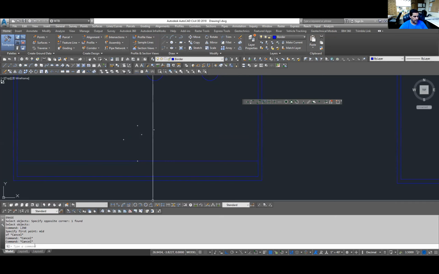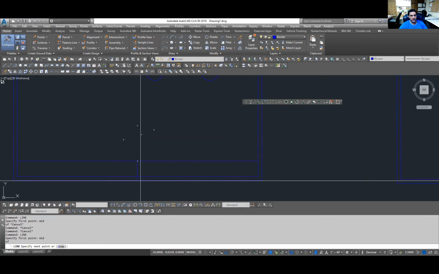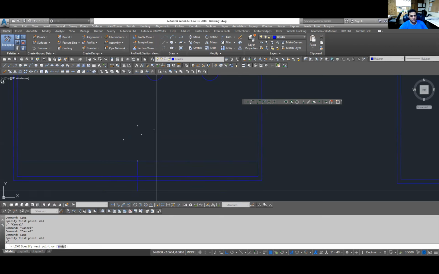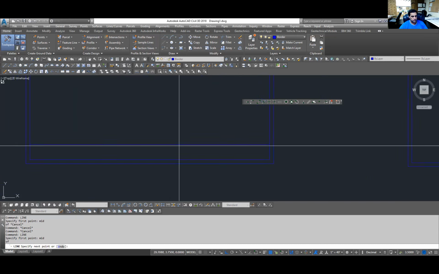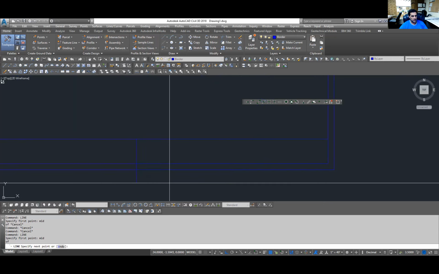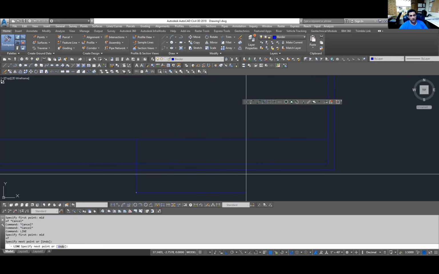So if you look down here, I can type line and then mid, and I'm doing the same thing. So now where do I stop it? I can just draw the line